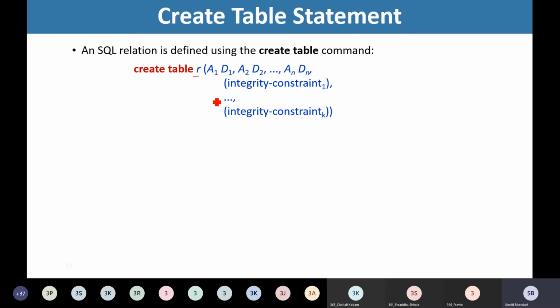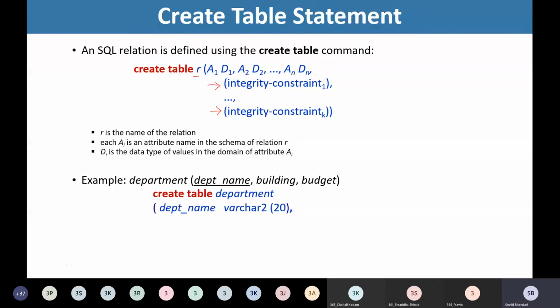Also, in create table, it is possible for us to provide integrity constraints like primary key, foreign key, or a few other constraints like check constraint, null, not null constraint, and so on. Let us give an example.